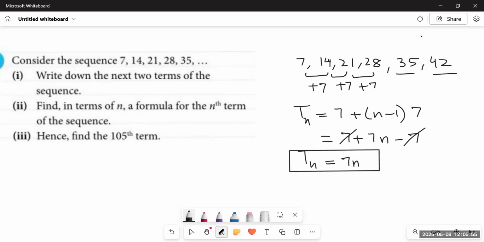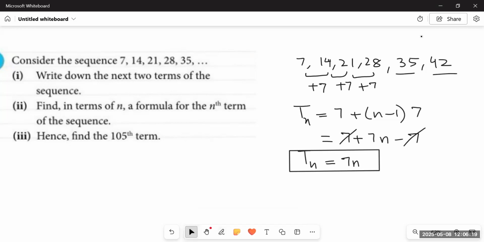And this rule applies for any sequence where the number starts from the first term and all the other numbers are its multiples. Like if we are writing the multiples of 3 starting from 3, so Tn would be 3n. If the numbers are starting from 4 and all the other numbers are its multiples, so the Tn would be 4n, and so on. Right?